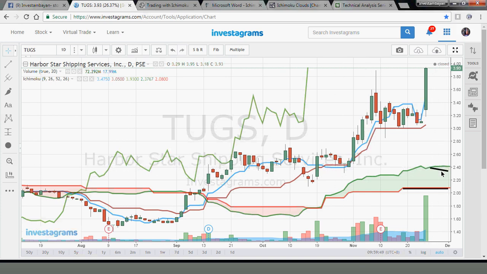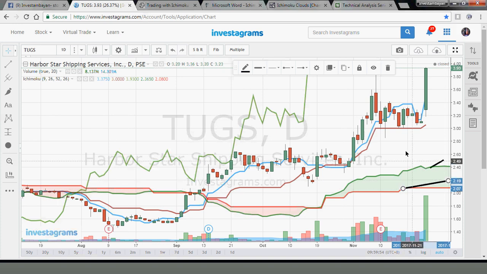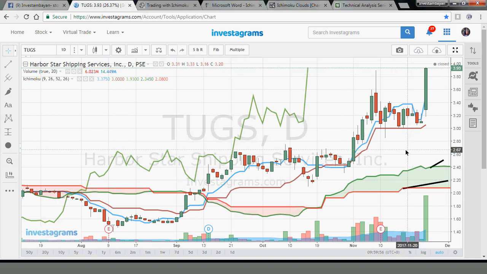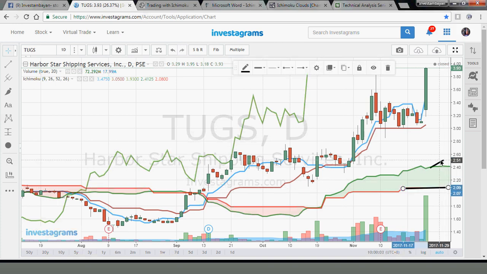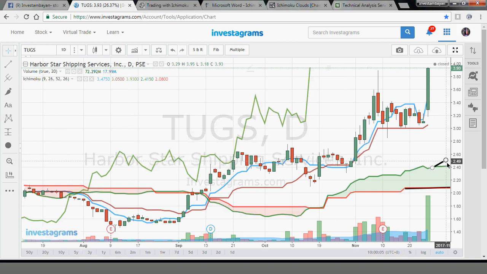Single span A, itong green, dapat upward daw yan, pataas, tsaka single span B, pataas din. So, yan yung strong bullish na momentum. Trailing stop mo naman, possible minor pullback or correction, single span A,